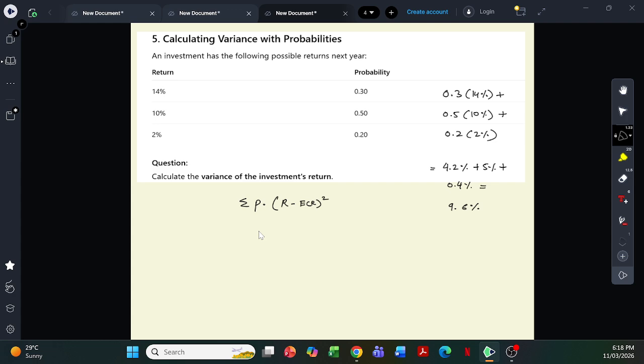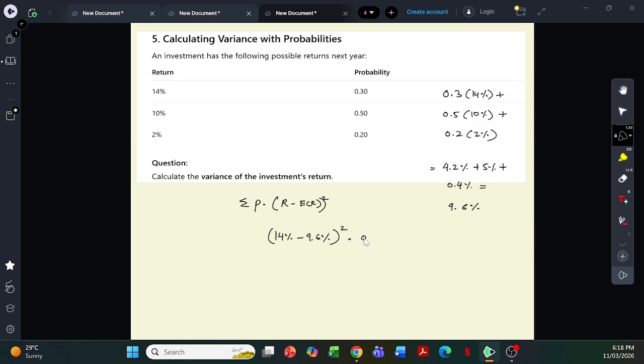We need to find the deviation of the returns first, right? So let's look at this. Let's put it here. So return is 14%. So 14% minus 9.6%. We gotta take the square of it and then multiply it with the probability associated with